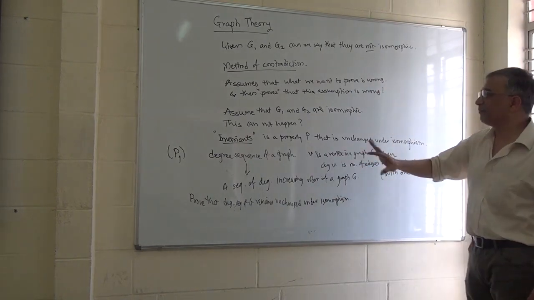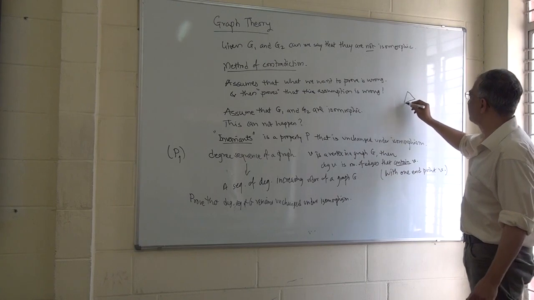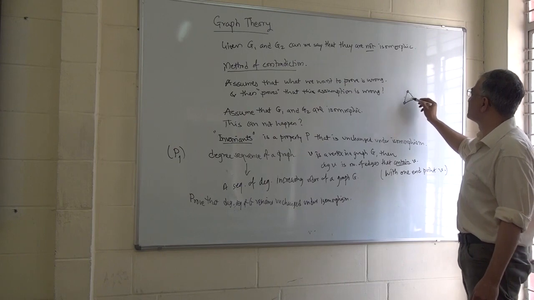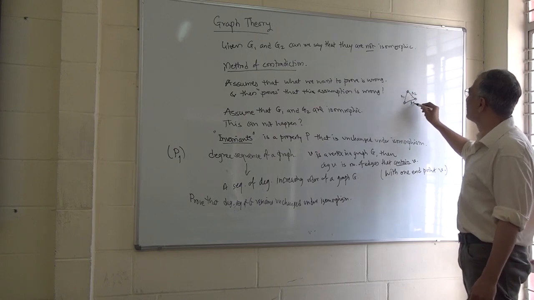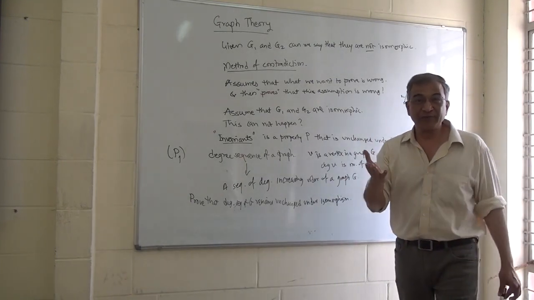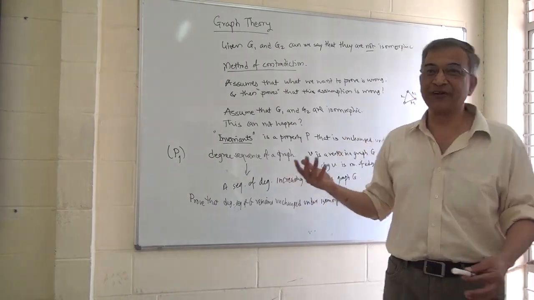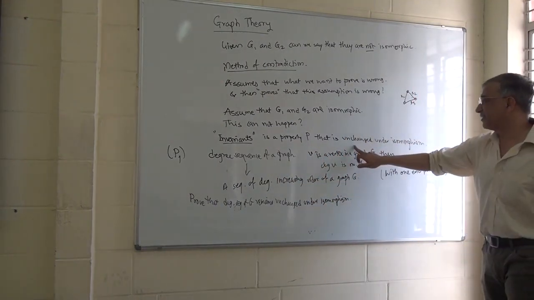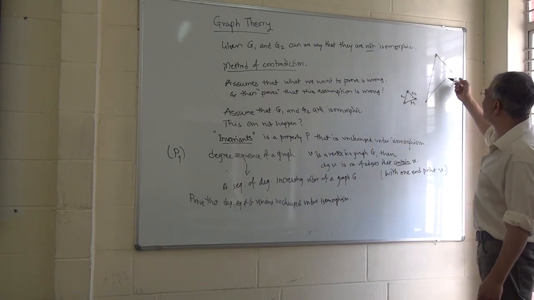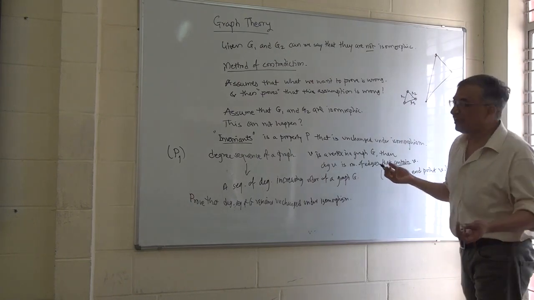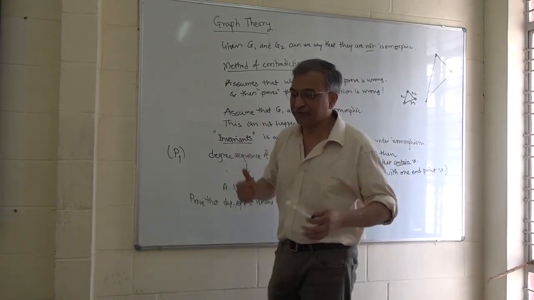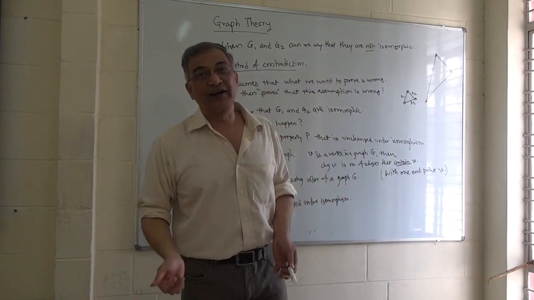If I have a particular drawing of a graph, let's say a triangle, and I say some of the lengths of these edges are L1, L2, because of my particular drawing, then the sum of the lengths of the edges, or the maximum or minimum length of an edge, whichever one you want to define, is not invariant under isomorphism, because this graph is the same as this graph, and the maximum, minimum and the sum all change. However, this graph is isomorphic to this graph. So not all properties that you can think of are actually invariant under isomorphism.